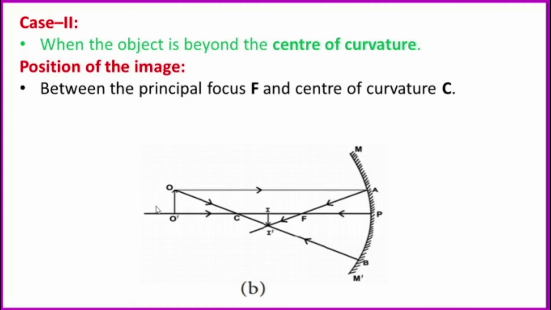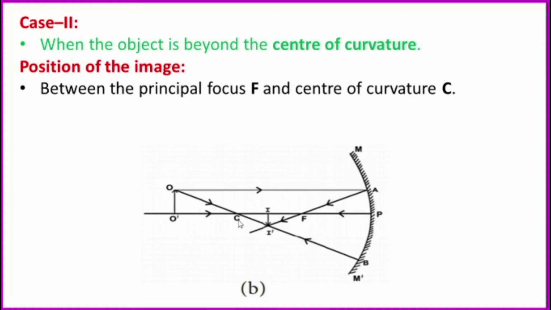Adha infinity ku konjam munnadiyum இந்த C ku and the side irukku. Okay, yeah. So now the position of the image between the principal focus F, where is F here, and center of curvature C. அப்ப image எங்க தான் தெரியும்? இந்த C to F குள்ள எங்கயாவது ஒரு பிளேஸ்ல தெரியும். You see the arrow, it is inverted.